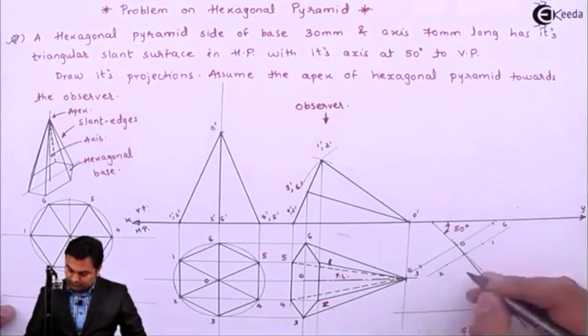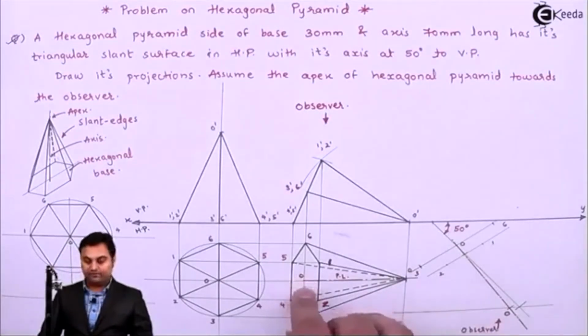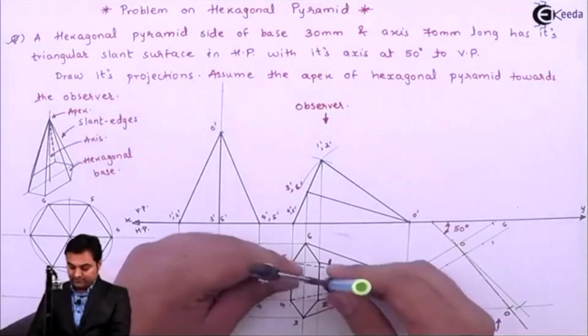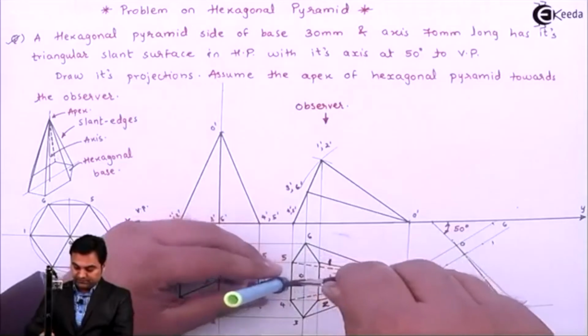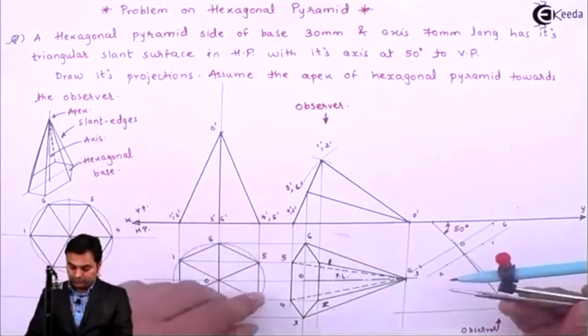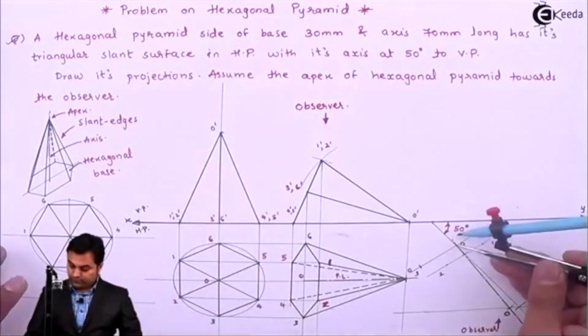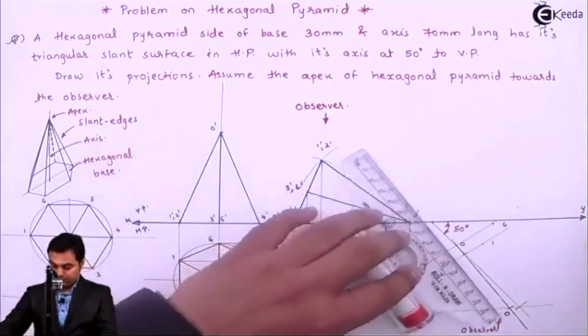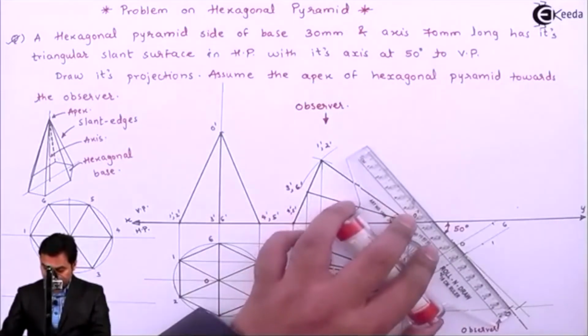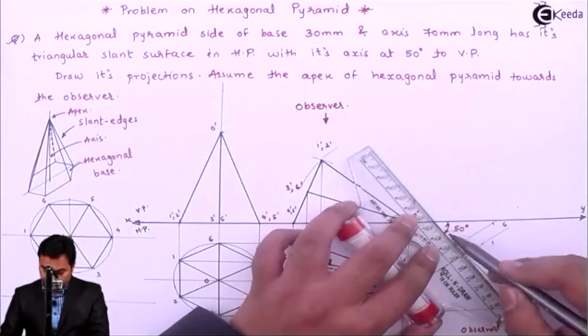this is point 2. Next, for points 4 and 5, again as I have taken the distance from O to 1, same will be the distance from O to this line which has 4 and 5. So from O I'll mark on this line, which is this axis.